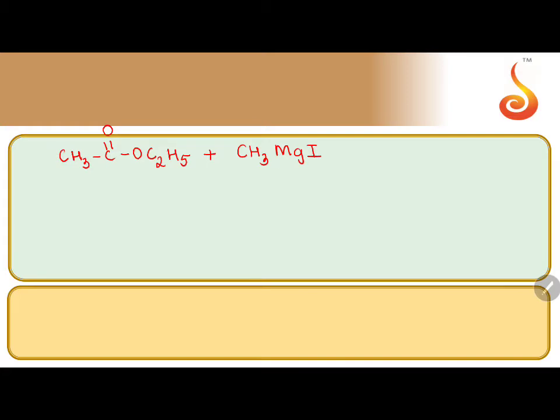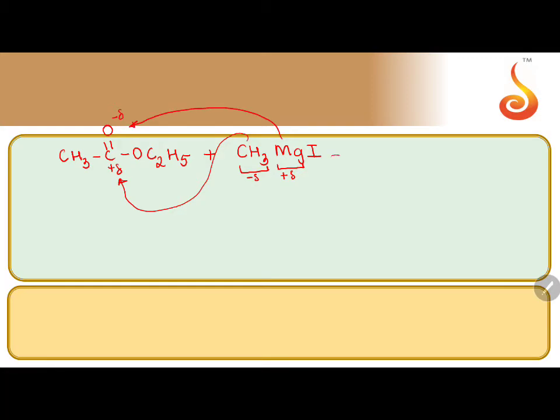Now, we know that magnesium is electropositive, and therefore this methyl is partially electronegative. Out of the carbon and oxygen, because oxygen is partially electronegative, carbon is positive. So therefore, opposites attract. So we have this CH3 which will be adding here, and MgI will be adding